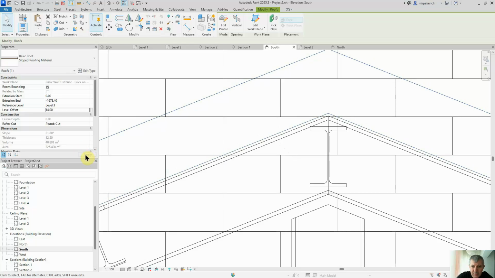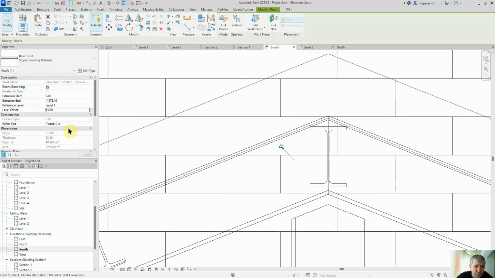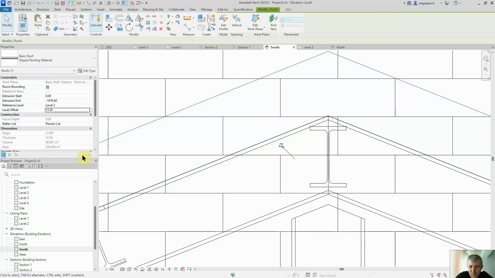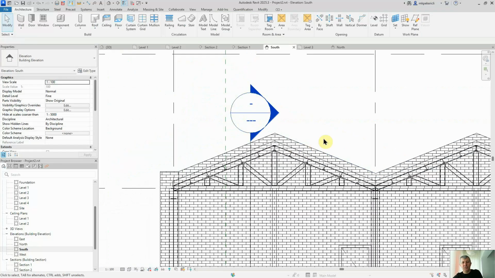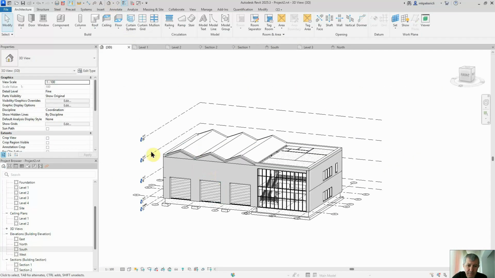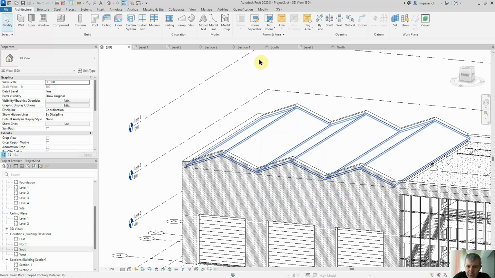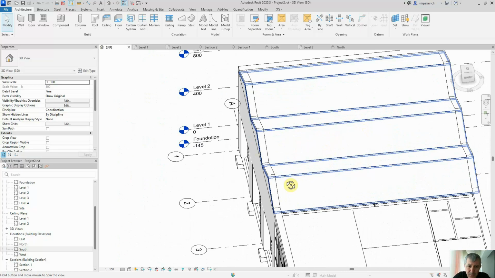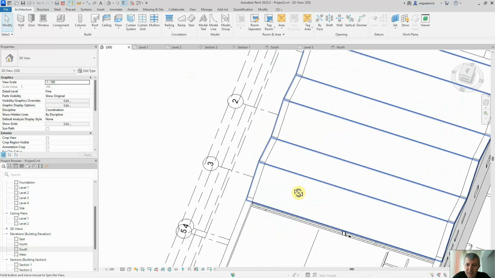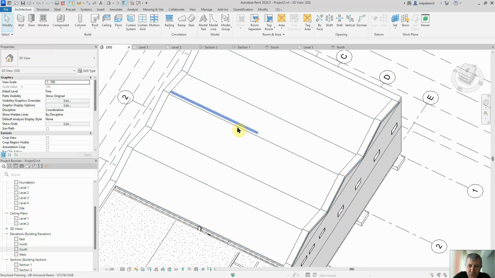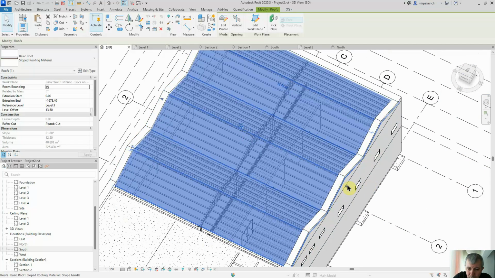Apply. Even 13. Apply. No, 13 is too much. 13.5. Okay, 13.5 is the perfect one. Now let's have a look at it in 3D. The roof, perfect. Roof is now placed properly, but the problem is the roof should be pulled in